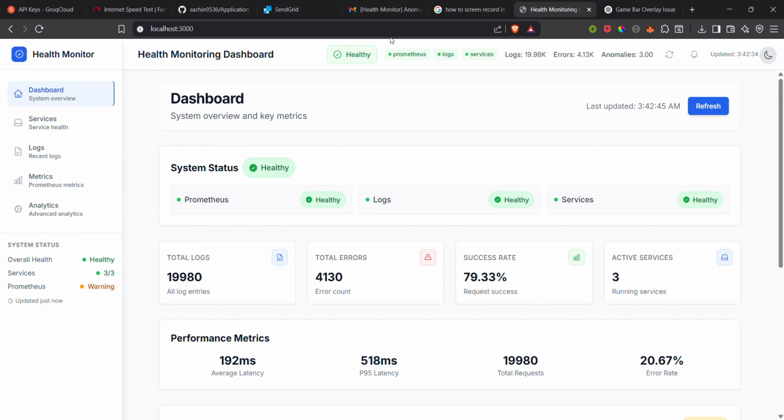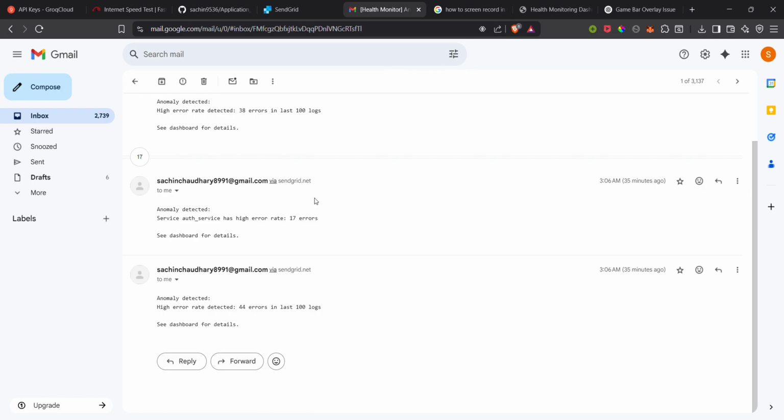We have also implemented email alerts with SendGrid, but we have only considered that as an option because it's not open source and we have to buy API requests and all. Still, if we try to implement email on Omni alerts, we can get alerts like this. As you can see, this is on my personal mail from a different mail. I've sent it via